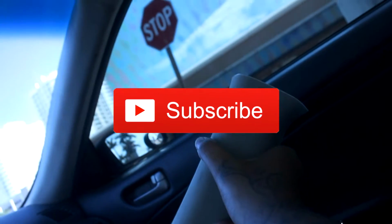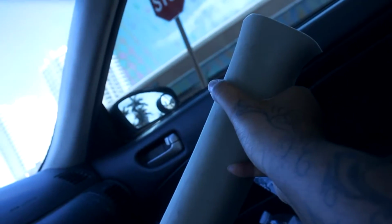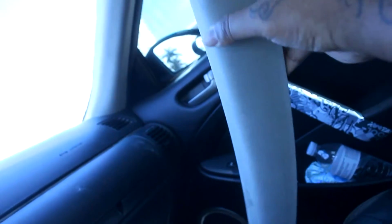So my game plan is to paint this in that black matte interior paint that I got. It's specific for fabrics and suedes and stuff like that. So I'm gonna paint this. I'm not gonna do it in this video, but just know I'm taking this out. I'm gonna do a little bit of test fitting for the gauge pod that I got also, down here. It's down there with all the crap that I got on the ground. So yeah, I'm gonna be doing that, and there you go. You got your pillar off. And you can just put it back in. I'm gonna ride the car like this,